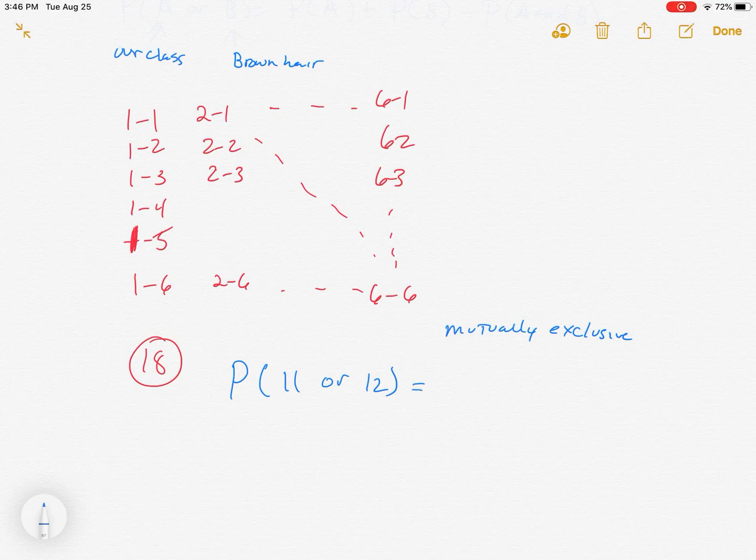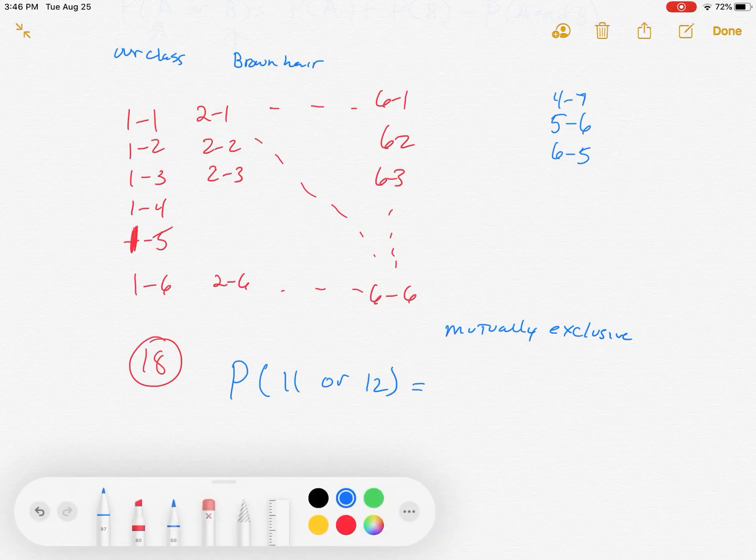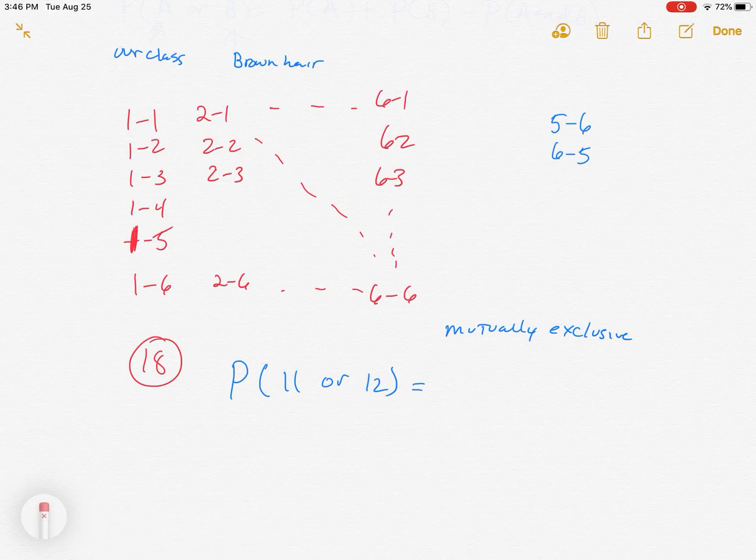just count it up. So what are the ways that we can get an 11? I think in only two ways. The only way to get an 11 is 5,6 followed by 6,5. 4 doesn't work because it would need to be matched with a 7, which isn't on our die. And so we're not thinking about that at all. So for the 11, there's two ways